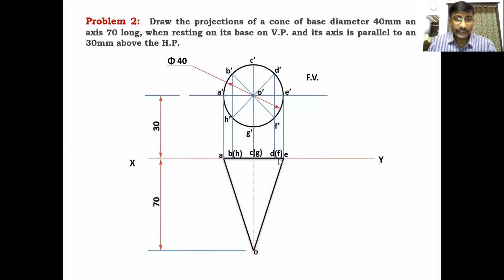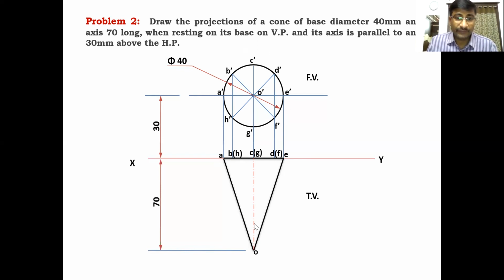The other points are also there, B of H and D of F, C of G. C of G is also already joined with the axis line O, and the remaining points should be empty. Okay, leave those points because the cone has no edges, we have to leave that. The cone looks like a triangle in the top view. Simply apex joined with the outer points only. Clear? This is the top view when looking from the top side.